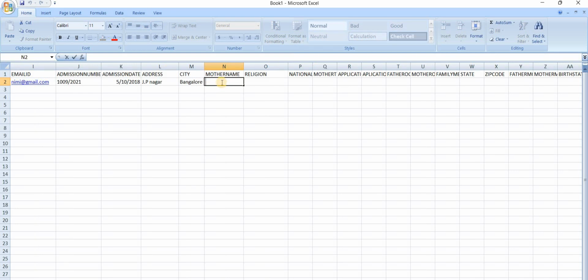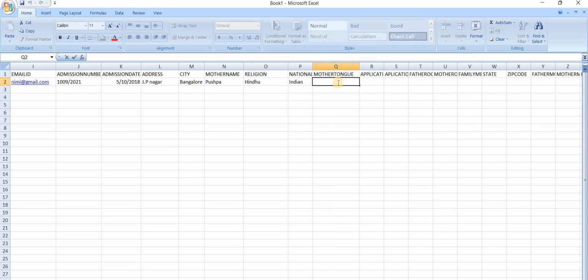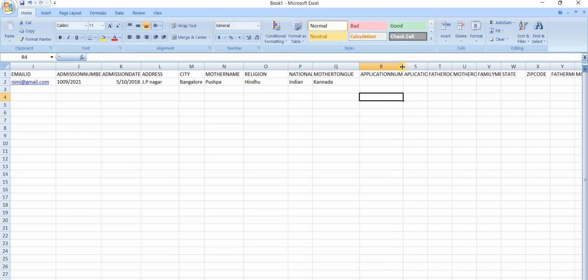Student mother name, and the religion, which religion the student belongs to, and the nationality of the student, and the mother tongue, and the application number, application date, father occupation, mother occupation, family members,